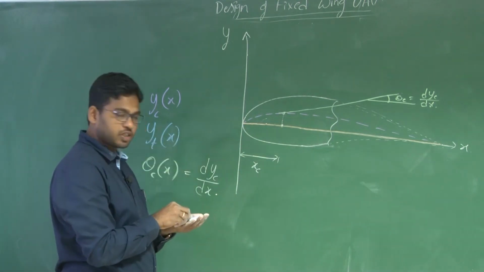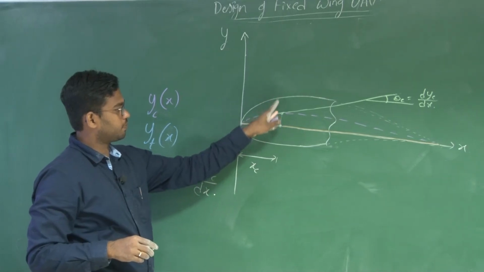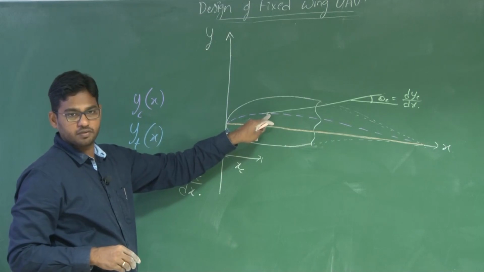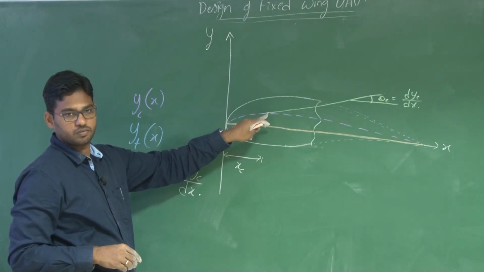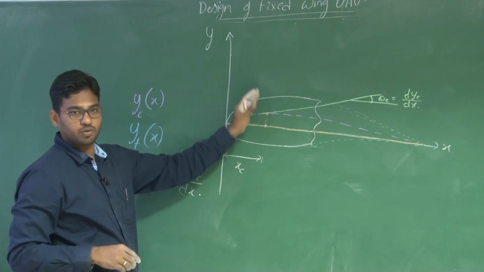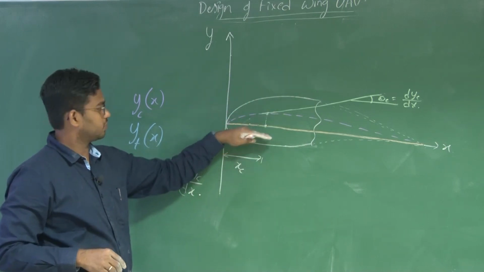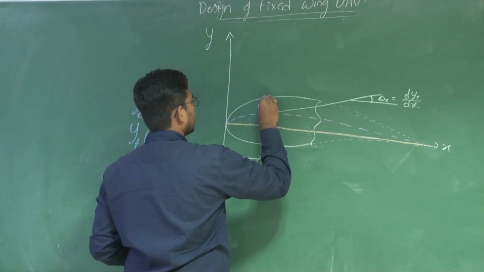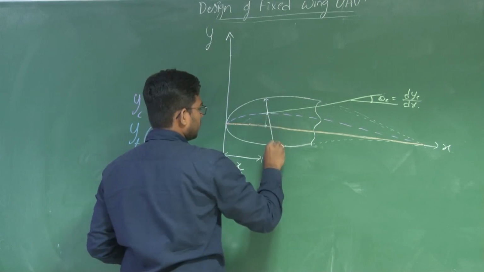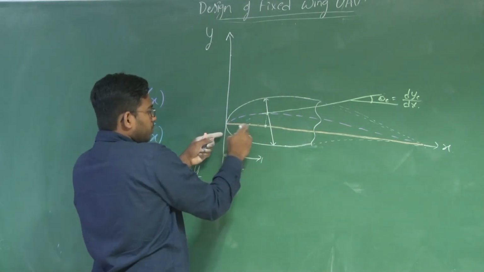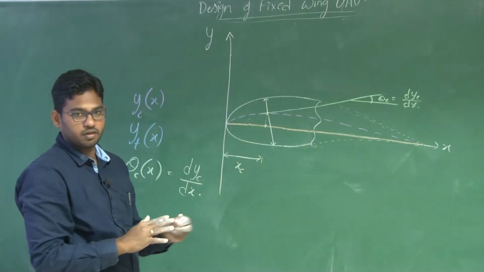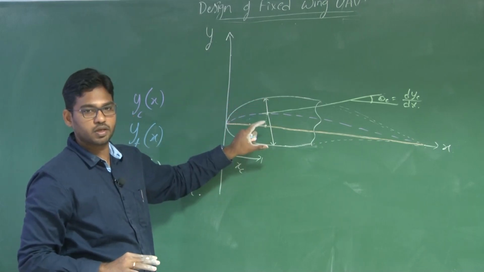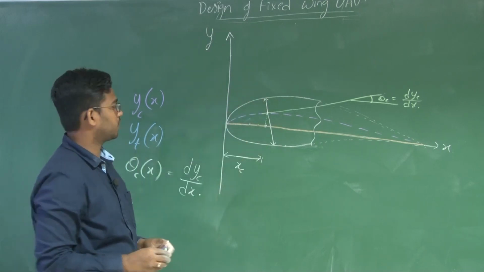So now the thickness is perpendicular, right? Thickness is measured perpendicular to this mean camber line. So if I have to draw the thickness, I need to know what the reference here is, right? The reference here is the tangent, right? So perpendicular to this tangent, I have this y of t. See, although this needs to be closer so that it looks symmetric, right? So consider this as symmetric thickness distribution, although it doesn't look like it, but please consider this, right?